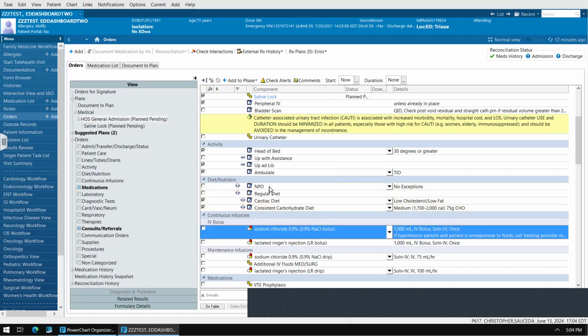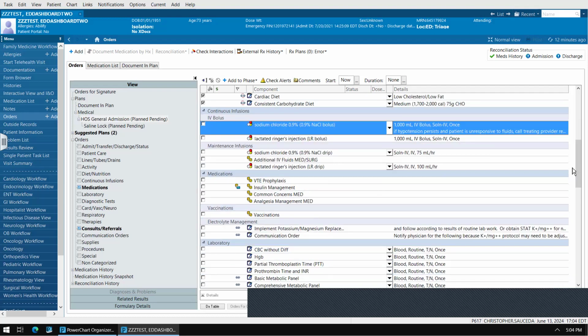There's another order if, say, they have a surgery or a stress test the next day, and you want them to be NPO at midnight. You can select their diet, but then there's another order called NPO at midnight, and you can just do that order, and then maybe specify in that order that it's for a surgery planned for this date, just so it's really clear. Okay, so